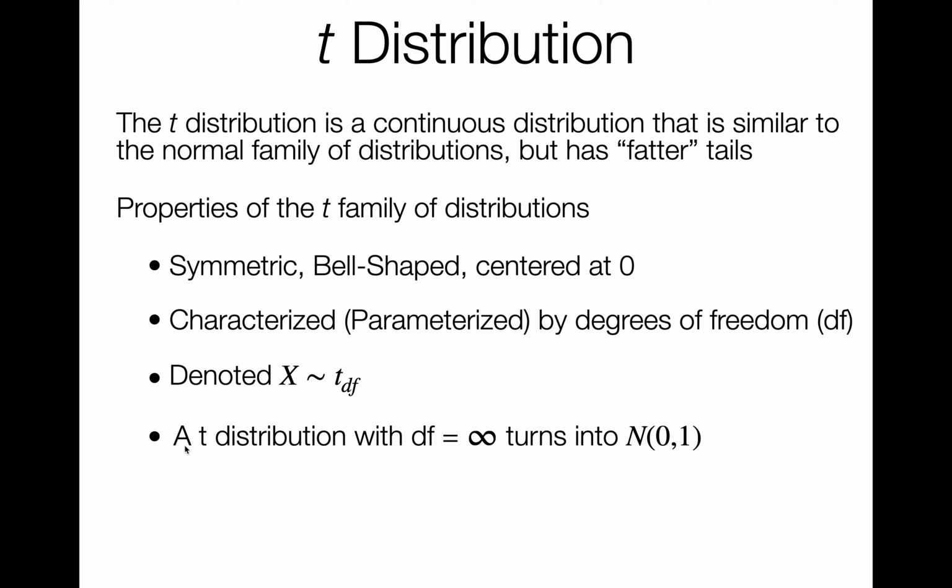The normal distribution was parameterized by a mean and a standard deviation. The T distribution is parameterized by degrees of freedom. Okay? Degrees of freedom. We won't talk about what degrees of freedom means in this context because it's actually quite complex. But we'll just know that I input one value to the T calculator on StatCrunch, and that's how I distinguish between different